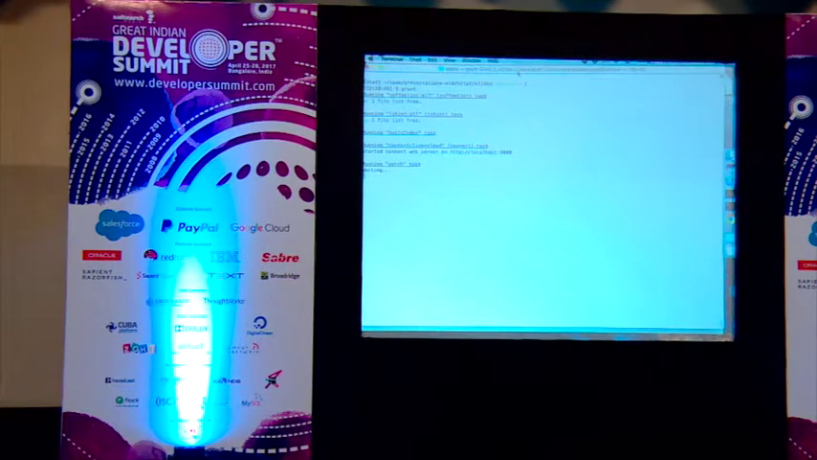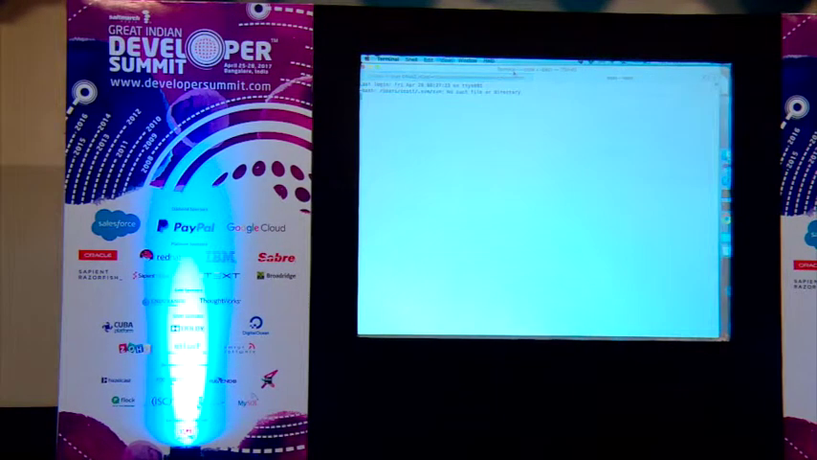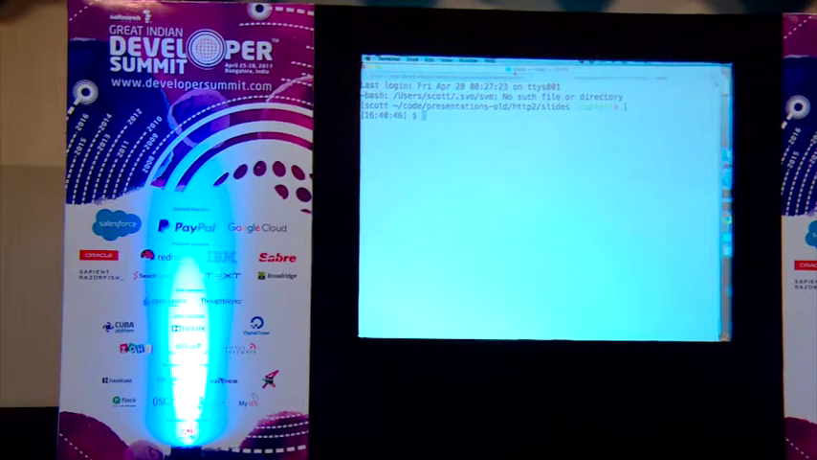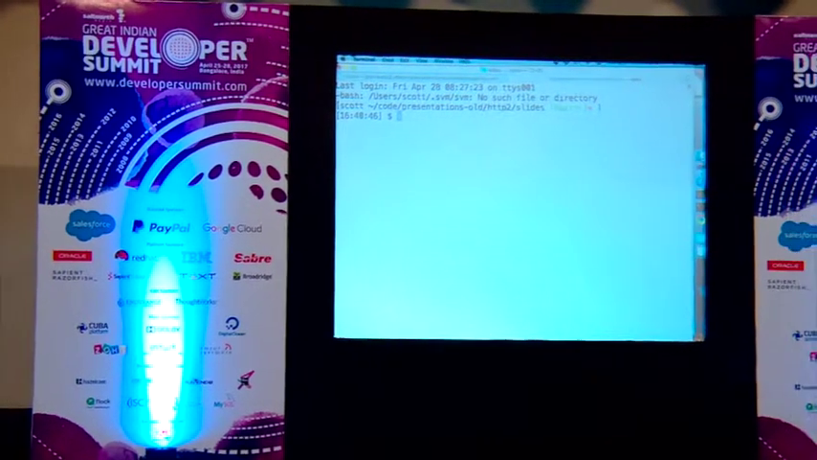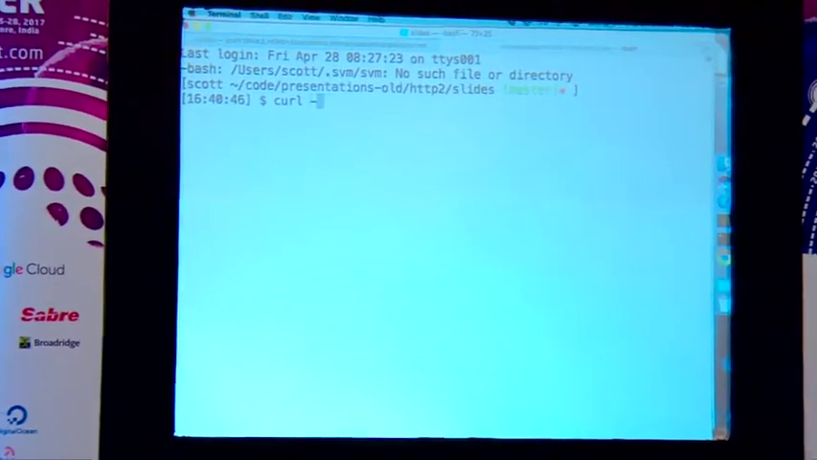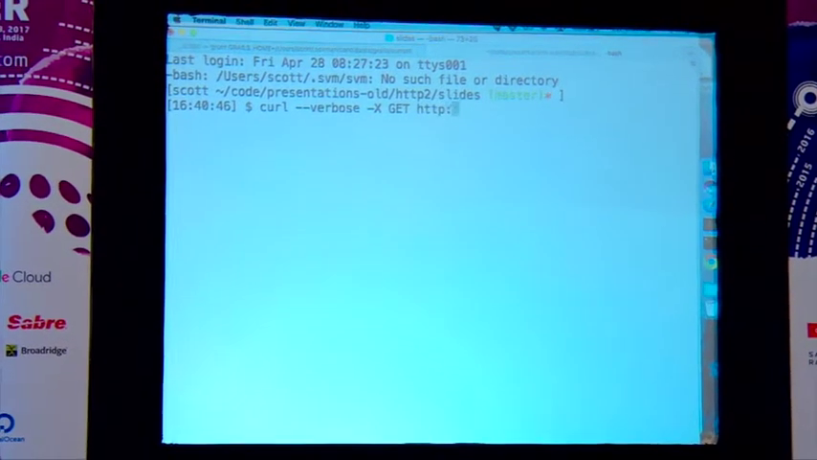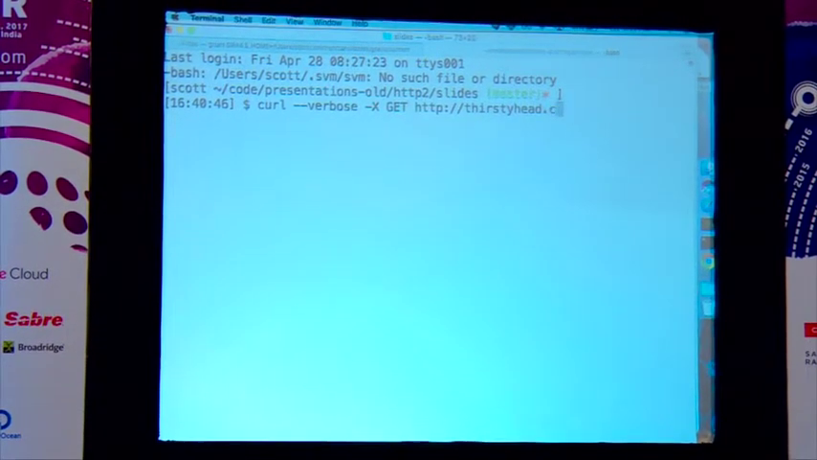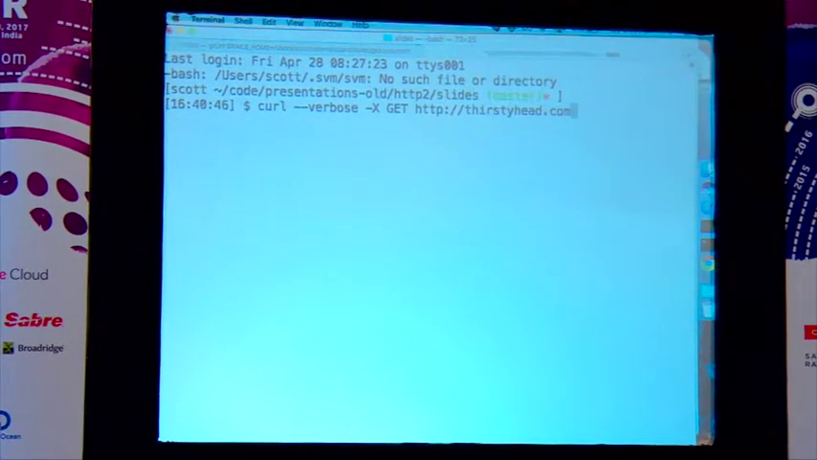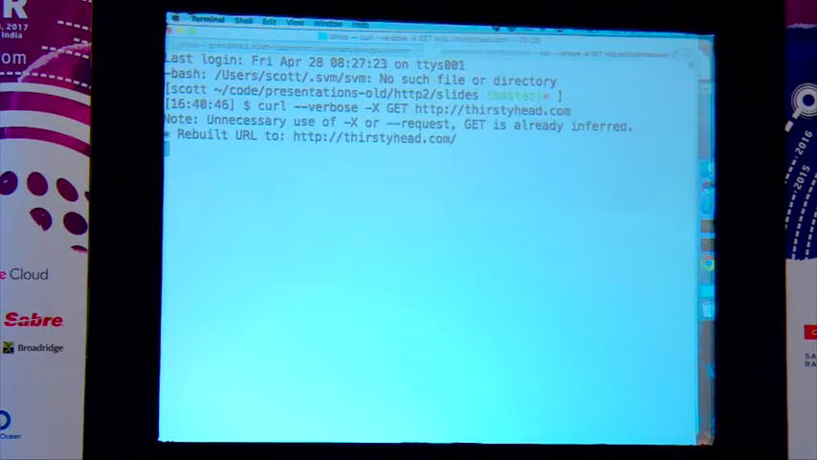If I come out here real quickly to a command line, and bust it up so you can see it. If I do a curl, verbose, GET on http://thirstyhead.com, from the command line now, I'm doing the same thing that happens when you type in a URL in a browser. I'm going to be making an HTTP GET request to that URL over there. But what's nice about doing this at the command line, especially with the verbose flag on it, is I can turn around,